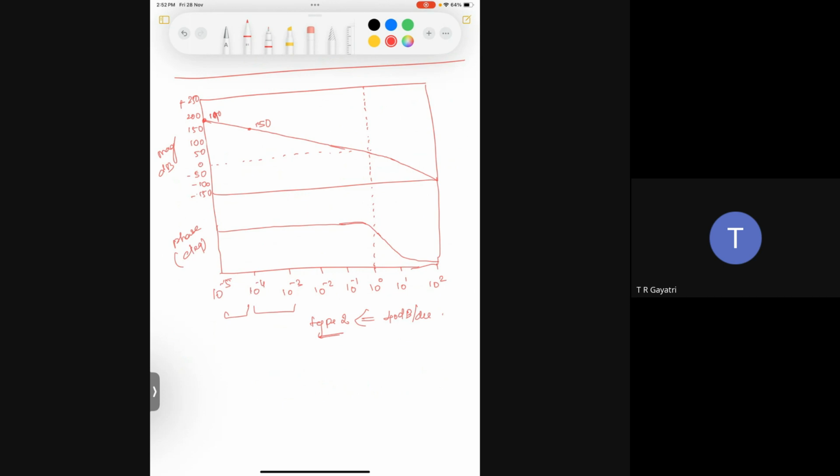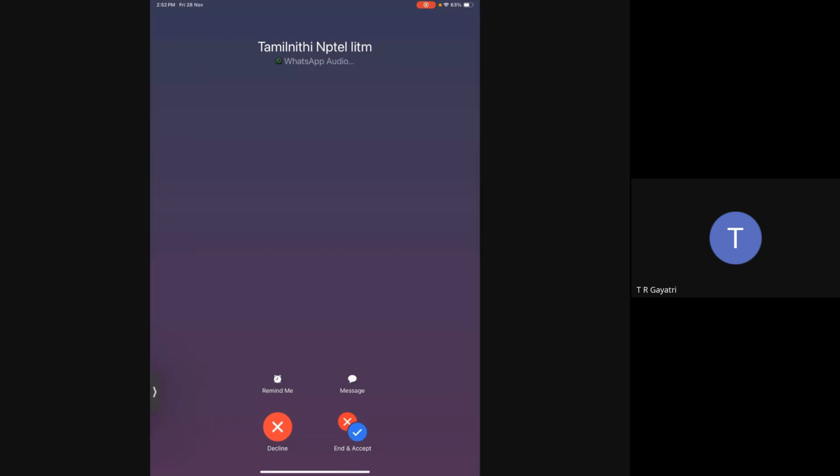So if you have a very detailed magnitude plot and you ask questions like this, will you be able to find the transfer function type and whether the system is stable or not? These are the kinds of questions you can expect. When you see around this point, your magnitude is zero, right? So when the magnitude will be zero,